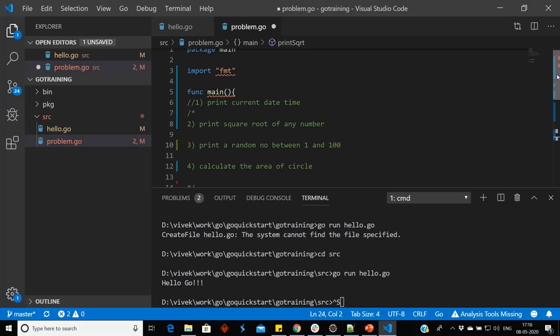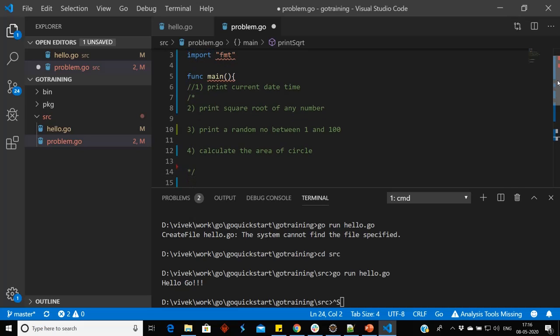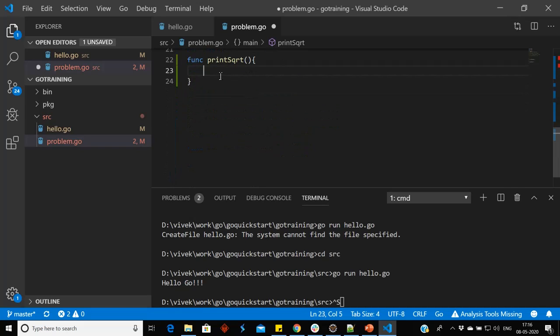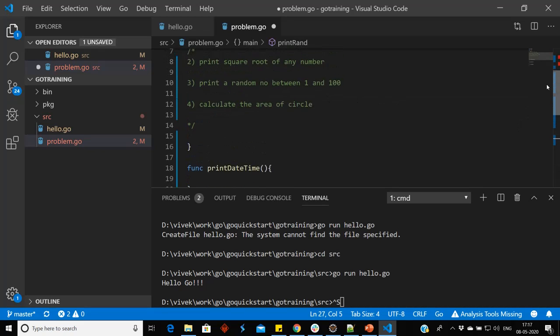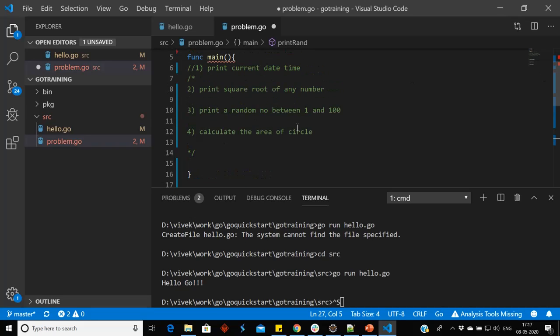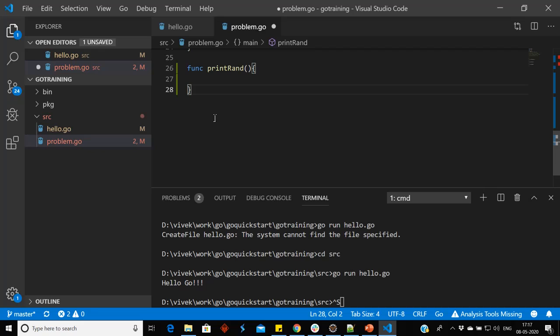Third, we want to print a random number between 1 to 100, so we will write a function for random number printing. Fourth, we want to calculate the area of a circle, so we will write a function for printing the area of a circle.